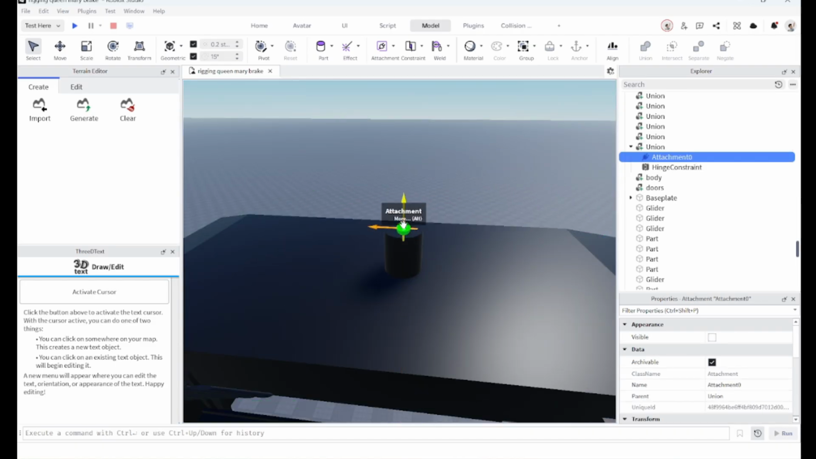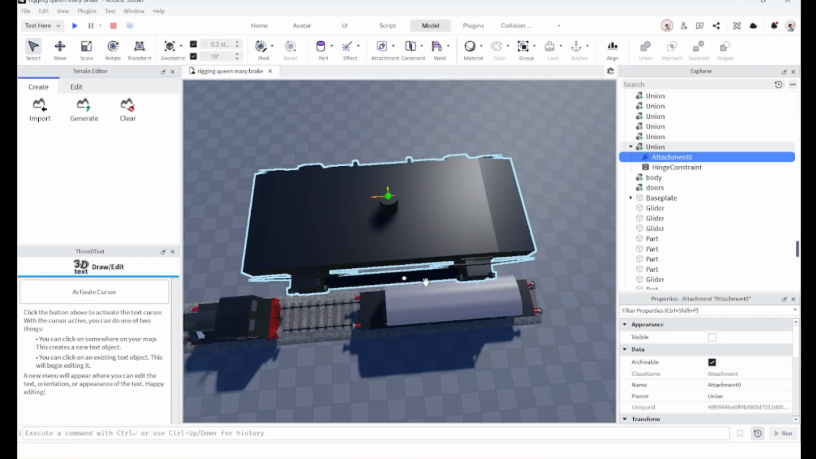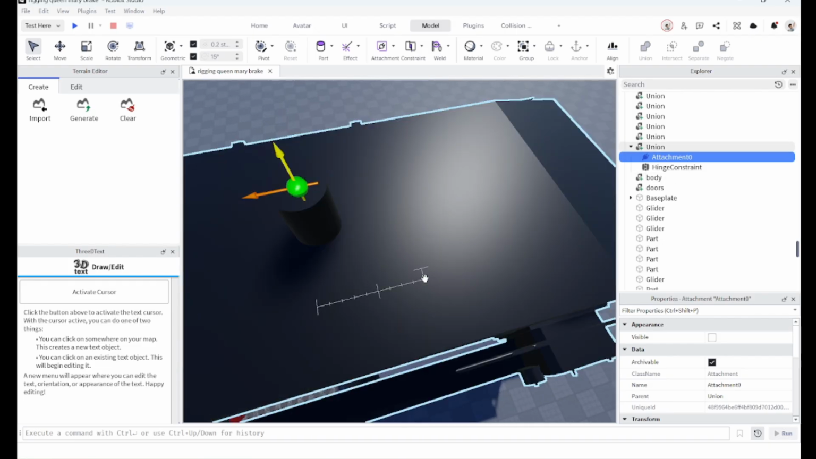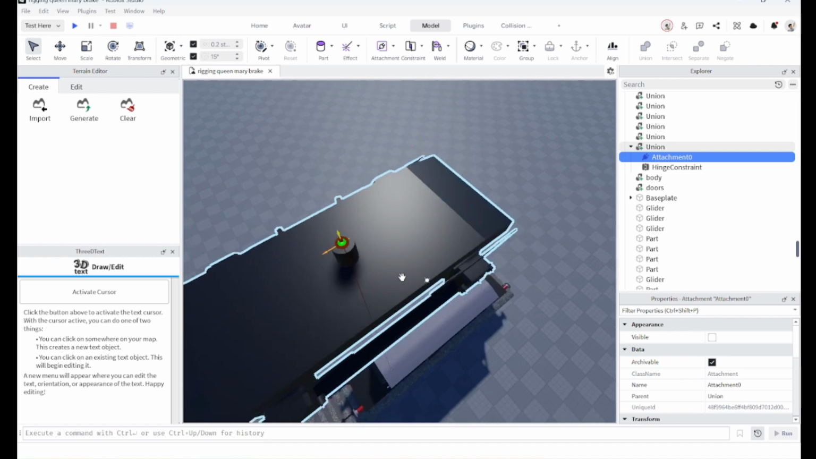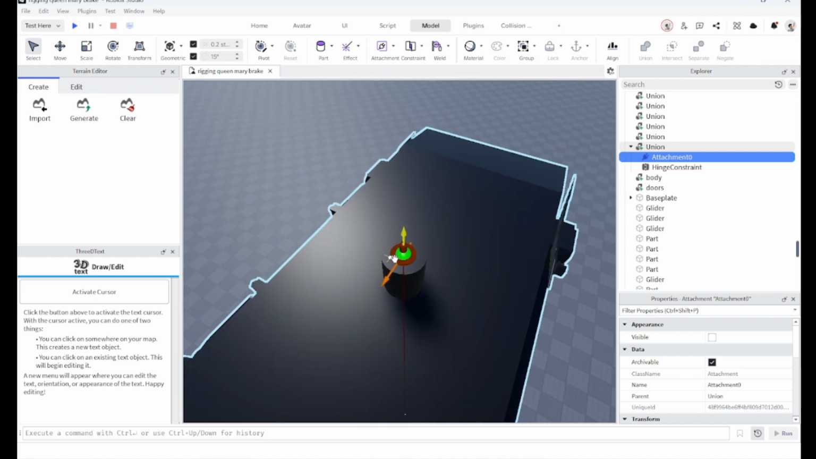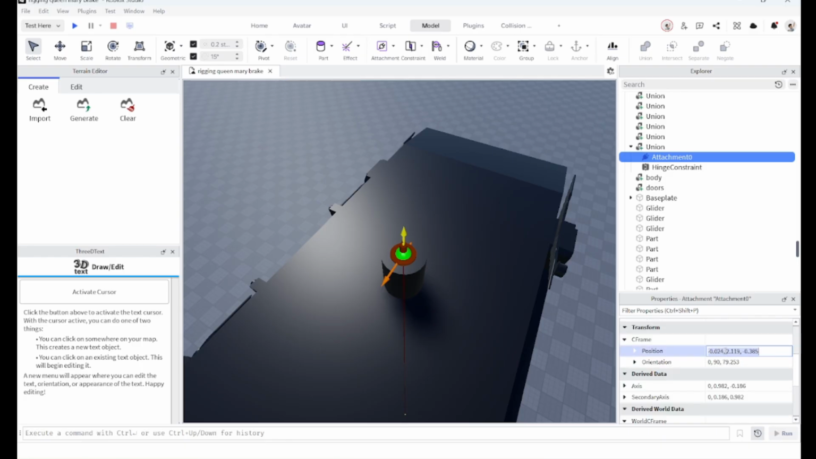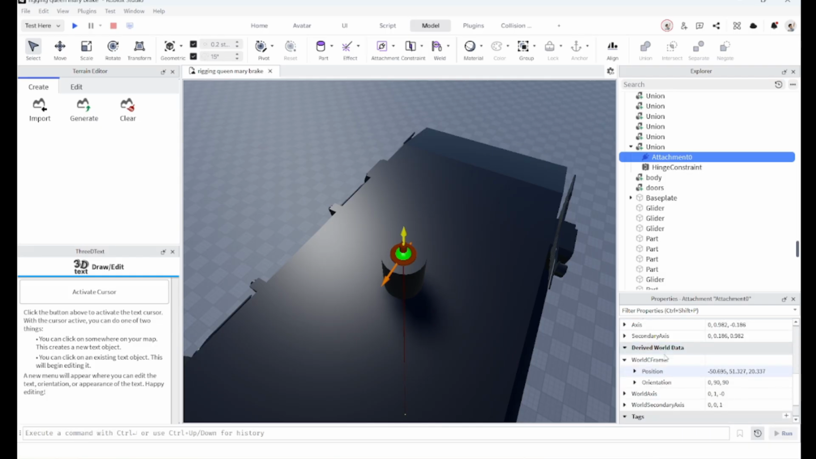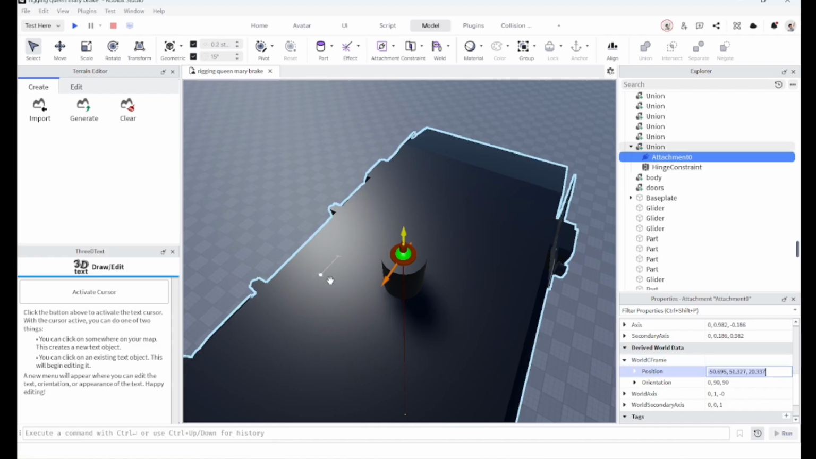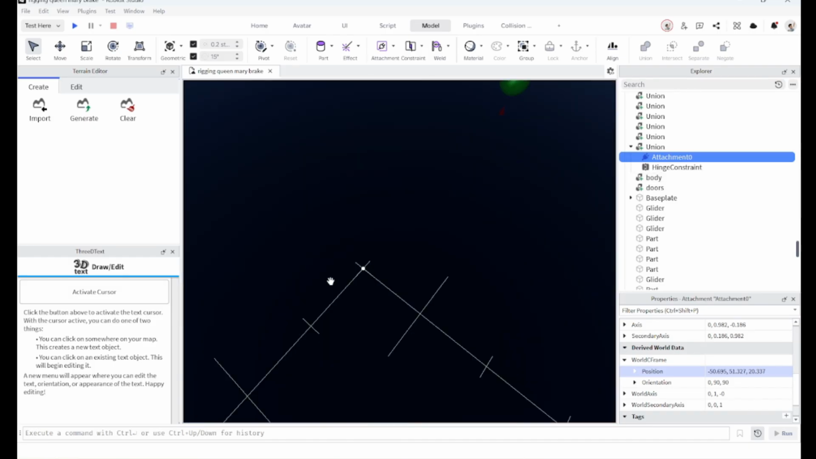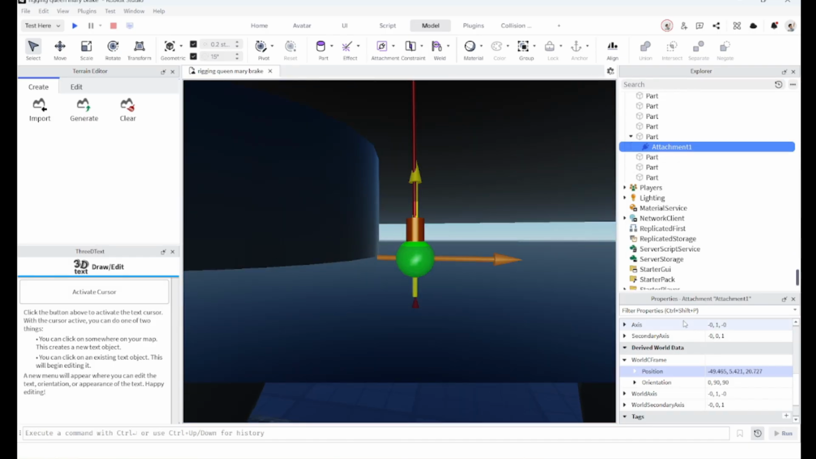You then want to come up to this. Okay, if you want to see all of the attachments, hold down Alt D like that. So I'm going to do that. You then want to select this. You want to press Control C on the position bit. Actually no, sorry, I've done that wrong. You want this one, derived world data, whatever that means. Hold down Control C to copy it, and then come down to this one here and paste that position we